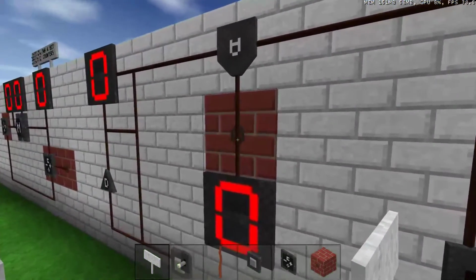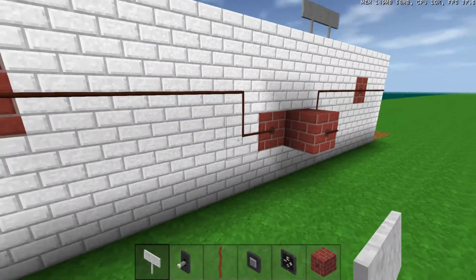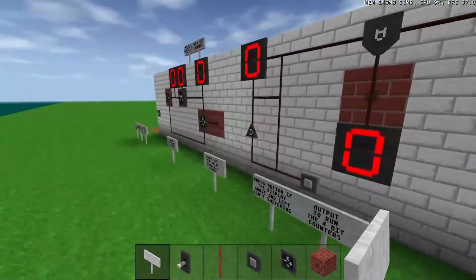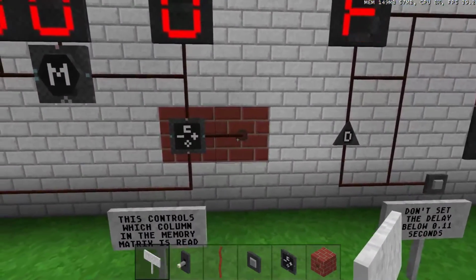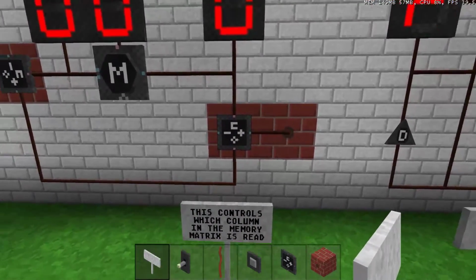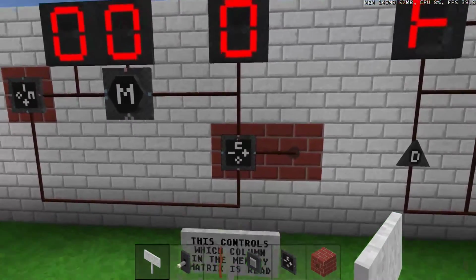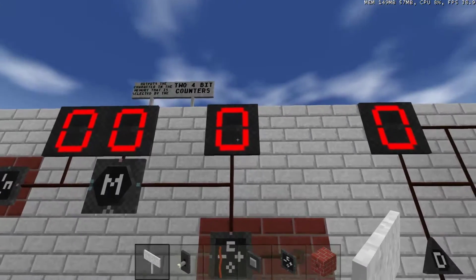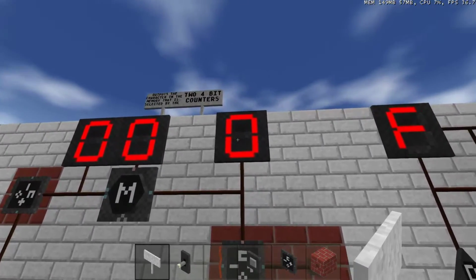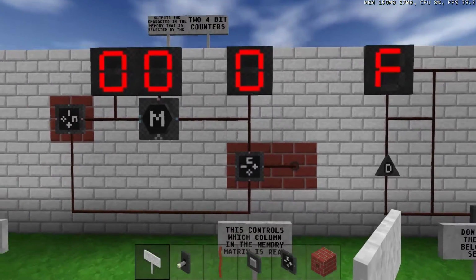So that goes to here, and it runs to the back, and goes to this one right here, the very right one. So when I get a signal here, it'll increment this 4-bit counter as explained in the previous video, and it'll change this number here. It'll keep going up 0, 1, 2, 3, 4, 5, keep going to F, and that'll access whichever column is